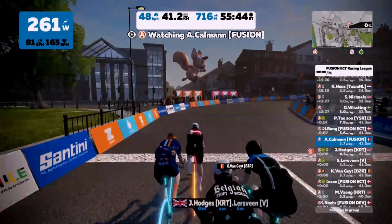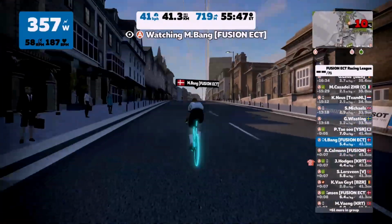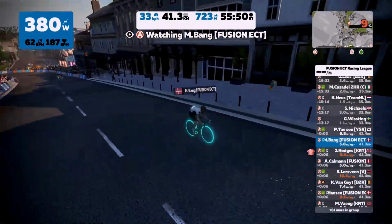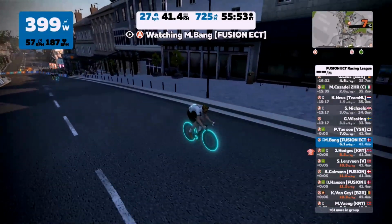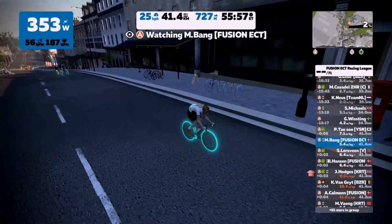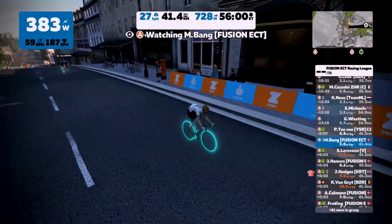4.5 watts per kilogram coming from Calvin. Bang Anderson off the front here, looking to try and hang on to the gap that he had here. Where are the orange numbers? Are they going to be coming here? Hodges looks to go first here. As we look from behind here, Bang Anderson, just nothing left in the tank. The attacks are on here, everybody, and it looks like they're coming